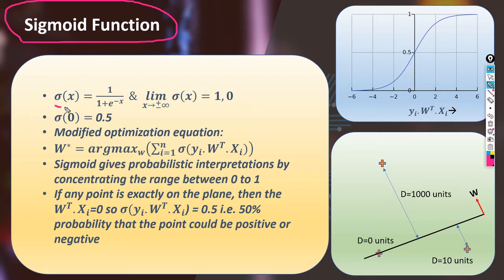The sigmoid function is denoted by sigma of x, sigmoid of x, which is nothing but 1 by 1 plus e to the power minus x. Now, if you plot this in Python or any online tool, you can see there is an S-like curve. Okay, so what is happening? Just see, when